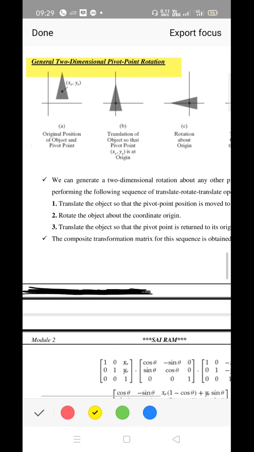But in case of rotation, whenever you are rotating an object, if the object is not kept on the origin, suppose it is kept on some pivot point, some random points, then you have to bring the model onto the origin of the plane, the origin of the rotation axis, then perform the rotation. Then once the rotation is done, keep it over the same place. So you have to perform translation, bringing the model to the origin, that refers to translation. Then after that, perform the rotation, change the orientation of the model.